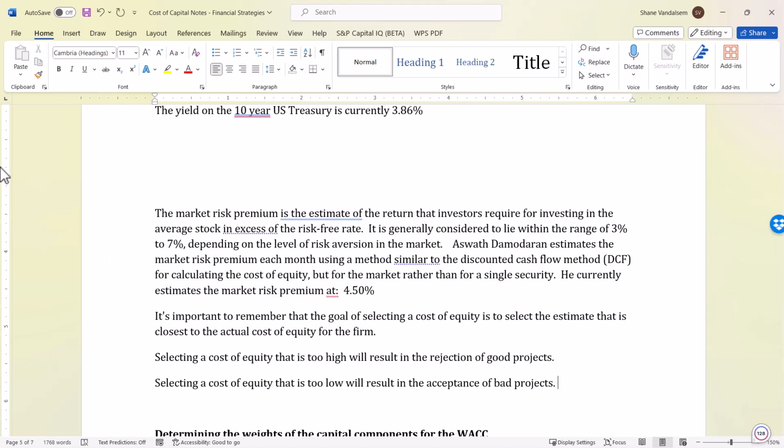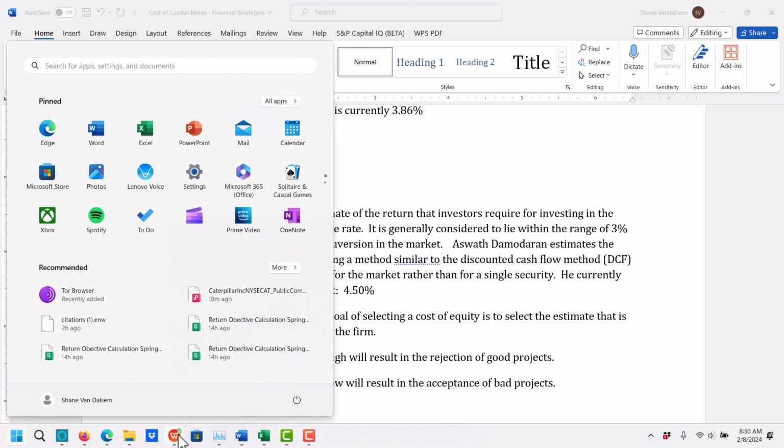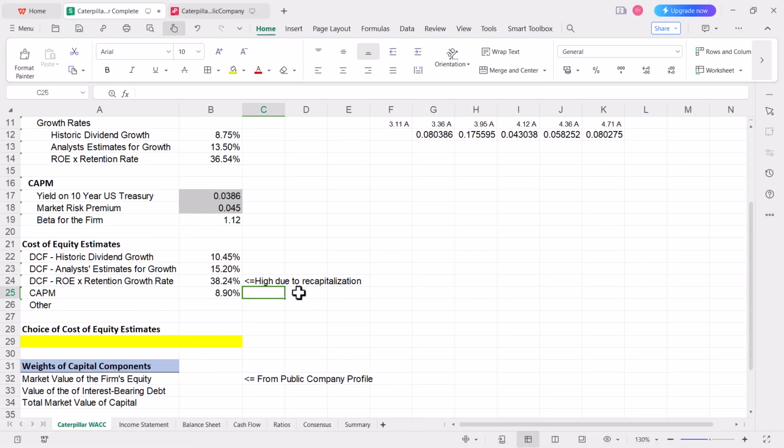So the goal isn't to select the highest value. It's not to select the lowest value. It's really not to select the middle value. It's to select the value that best represents the required rate of return that investors would have for that company. Okay. So going back to our estimates out here, we have these four,